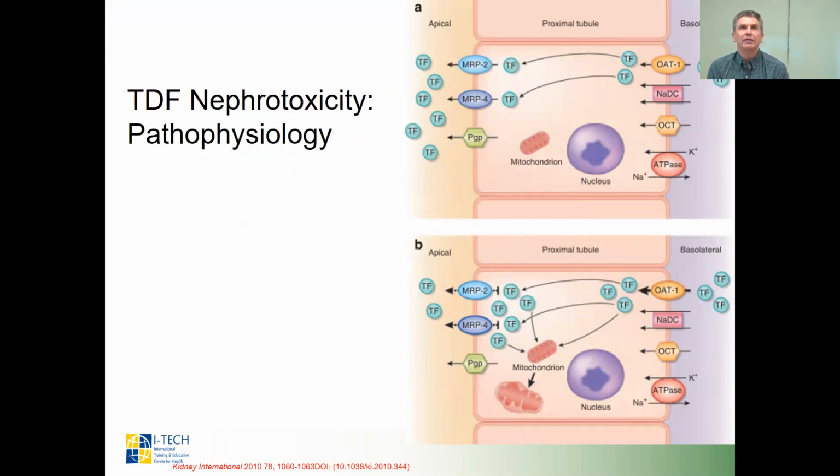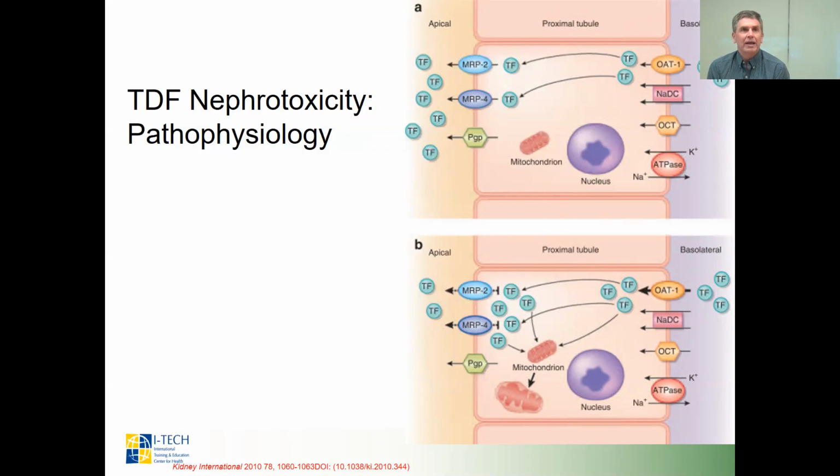This is a schematic of cells in the proximal tubule. At top, panel A shows a normal physiology. Tenofovir, shown as the little blue TF circles, is imported into the cell and then ideally should be promptly cleared by proteins called MRP2 and MRP4. Unfortunately, as shown in panel B, in some individuals, for various reasons, that tenofovir doesn't get cleared efficiently and it